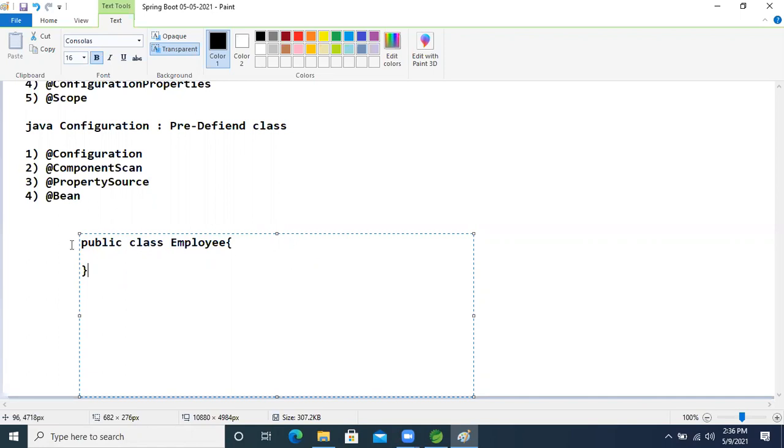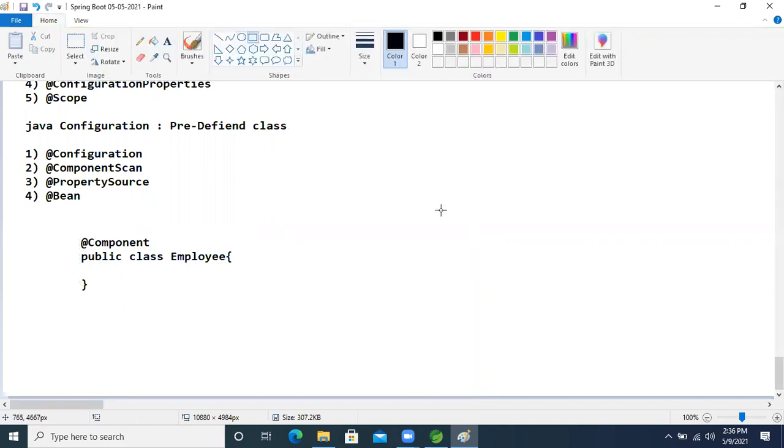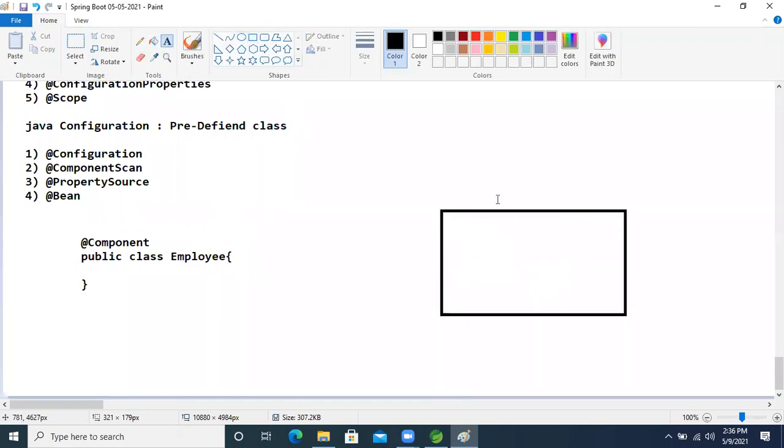Whenever we apply the @Component annotation on top of this class, what will happen in the Spring container? This is the Spring container.